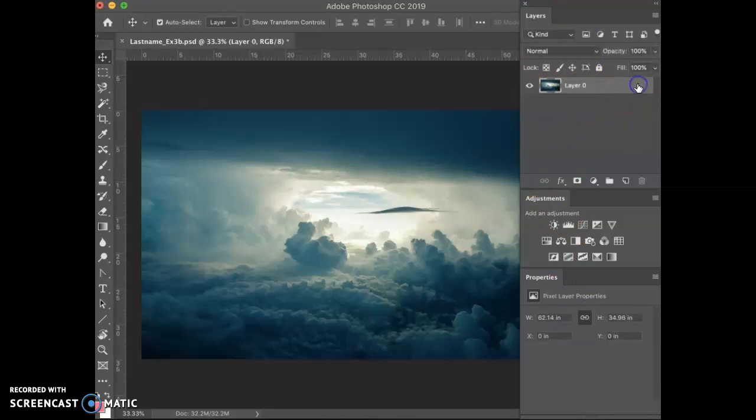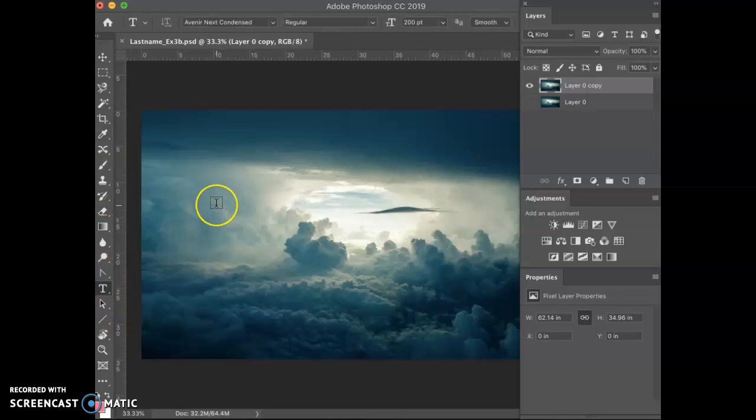Go ahead and unlock this background layer and it turns to layer 0. You can copy that with a Control J, Command J on the Mac. Go ahead and hide it. And then of course you can lock that too if you wish, or just go ahead and start working on that top layer. Okay, the next thing I want you to do is select the type tool. Find the T,